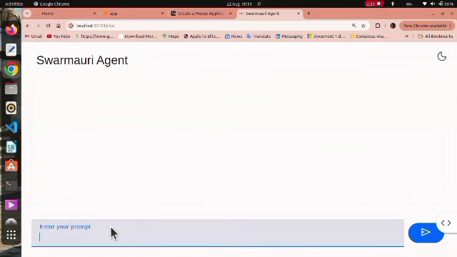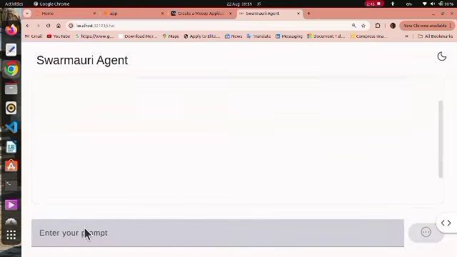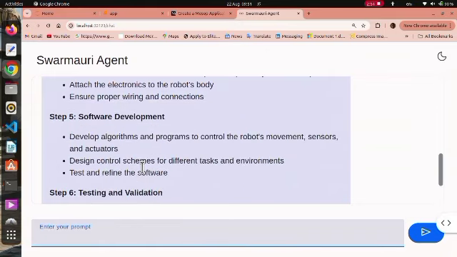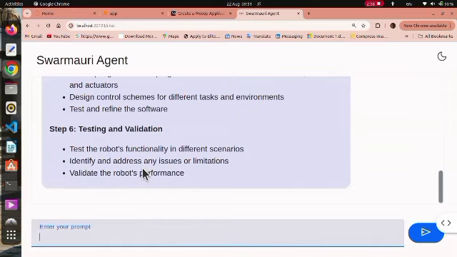So we can begin by asking this question. Okay, I want to ask it, so I create my own robots. Okay, so this proves that it works. So the summarized agent chatbot works. So you can try this out and